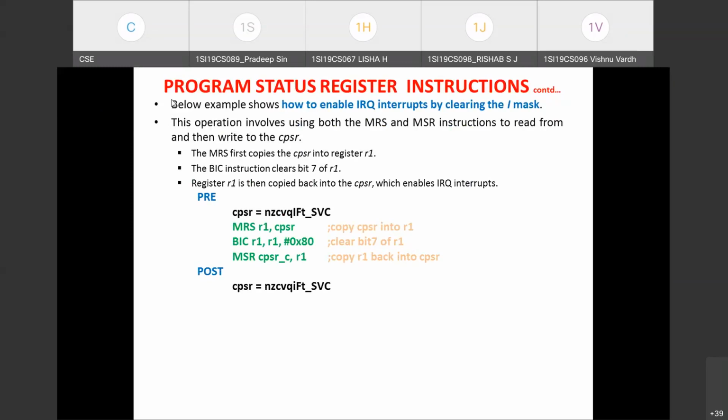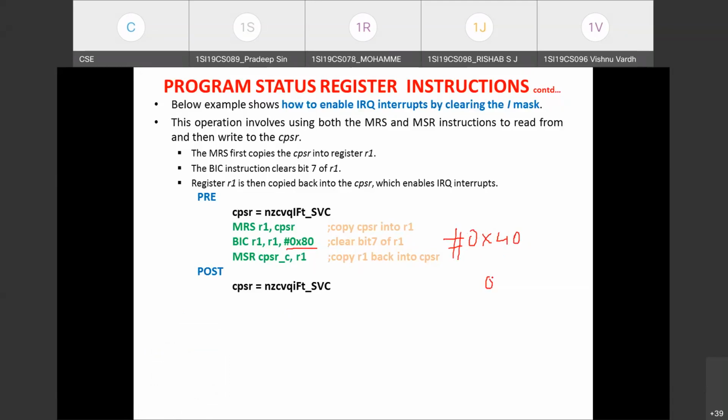Hope you have understood these 3 statements. Then 0x... 0x40. Yeah, simple, right? 0x40, 40h. You need to perform the BIC operation with 0x40 as the data. The only change I have to make in this code is to replace this #0x80 with #0x40. So 40h means we are trying to perform a bit clear operation with this data.